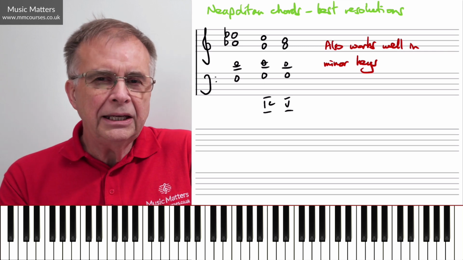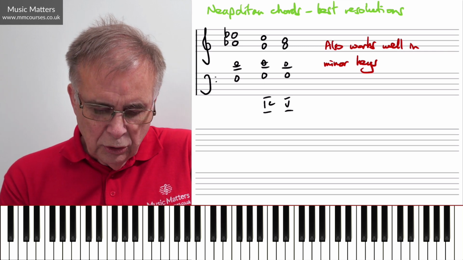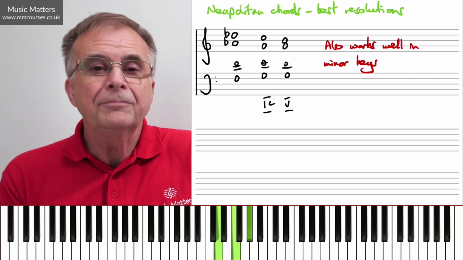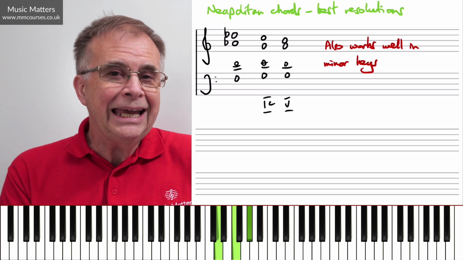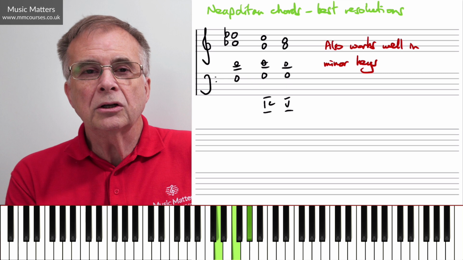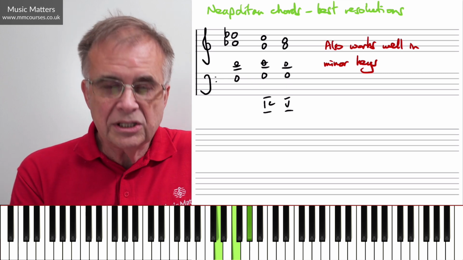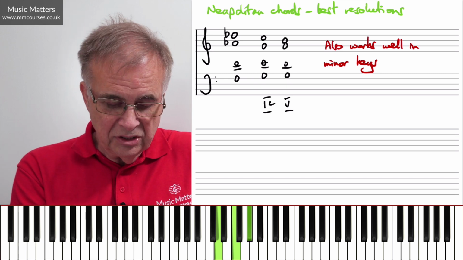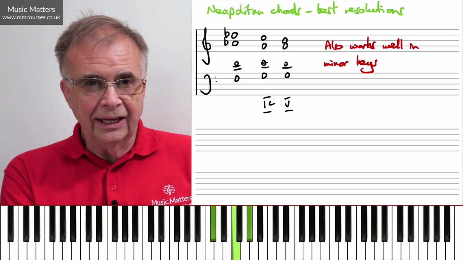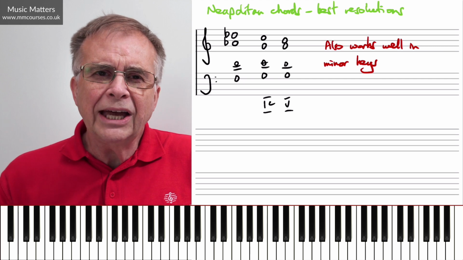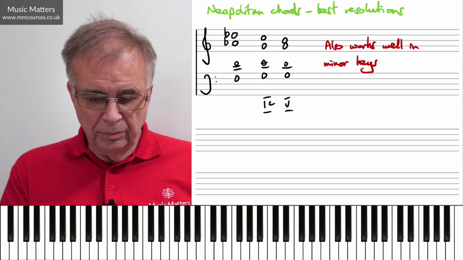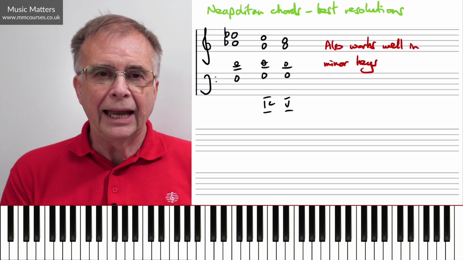If I'm in a minor key, just to be crystal clear, chord 2 is a diminished chord. So in C minor, chord 2 is D, F, A flat. So in order to turn that into a major chord on flat 2, all I've got to do is lower that D, the second degree of the scale, to D flat, and the A flat is already there at the top. So that's the only difference between dealing with these major chords on flat 2 or Neapolitans between major and minor keys.